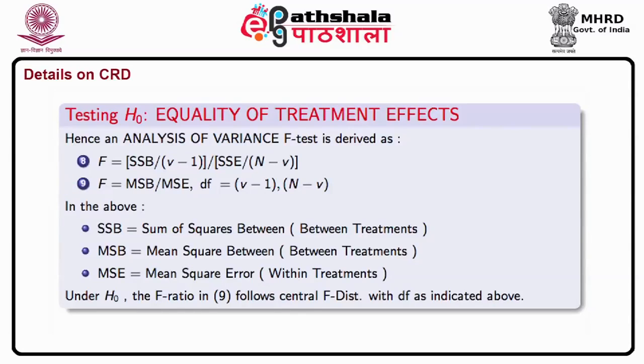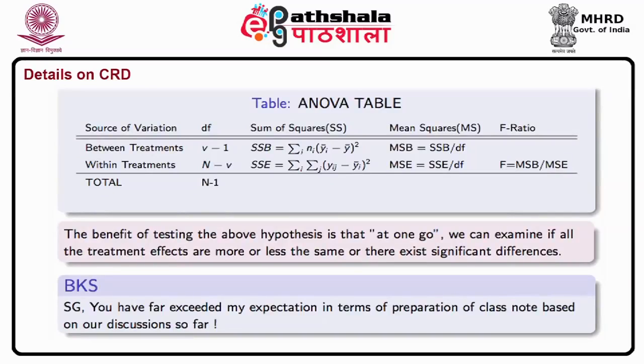So, in the above, SSB is equal to sum of squares between, that is between sum of squares. MSB is equal to mean squared between, that is between treatments. MSE is equal to mean square error within treatment. And under H naught, the F ratio in 9 follows central F distribution with degrees of freedom as we have indicated above. So the ANOVA table will look like the sources of variation will be between treatments and within treatments,